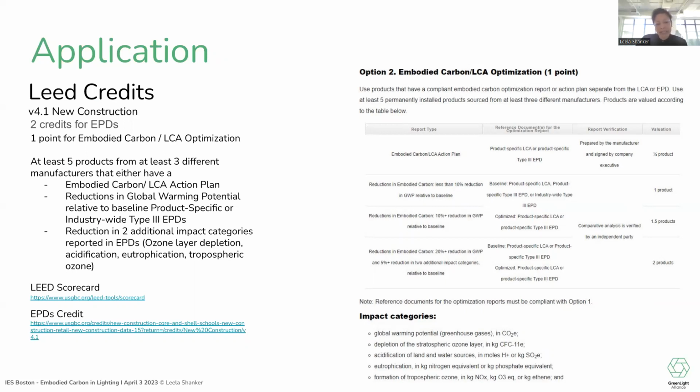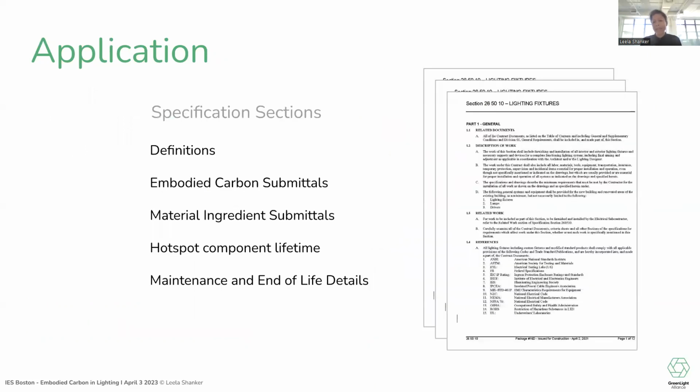And we have started at Borealis Lighting Studio to incorporate this into our actual projects by changing our spec sections and our fixture schedules. So the next 2 slides are just a quick summary of the fact that we have already updated our spec sections to require and to request information on both embodied carbon and material ingredients transparency, and included information about how we can help to extend the maintenance and life cycle of the products that we select.